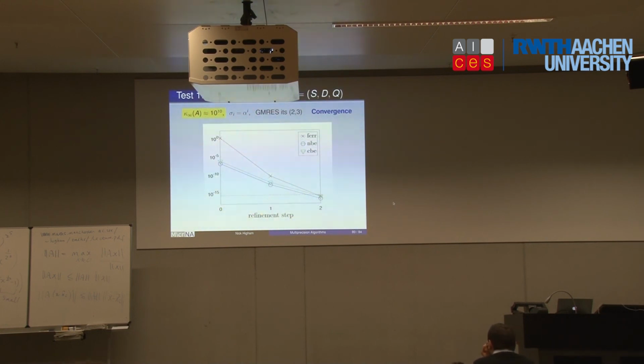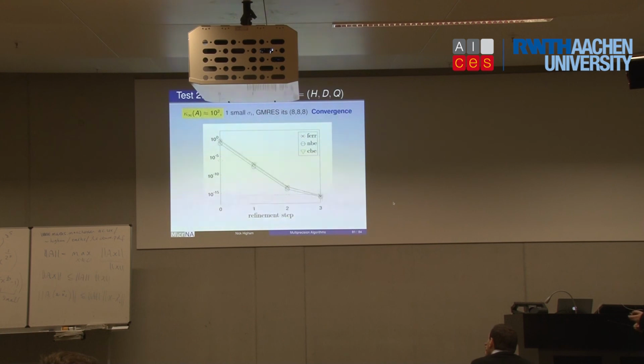Let's turn to the GMRES examples. So this is a case where we're using double precision as the working precision. The matrix is actually pretty ill conditioned for double precision, 10^10. We're factorizing in single, and we get convergence after 2 iterations. Perfect forward and backward errors. How many iterations does GMRES require? Well, 2 on the first step, 3 on the second step. So GMRES converges very quickly in this example. So this is a case where we're definitely getting a big benefit over, say, standard LAPACK, because most of our work is in that single precision factorization here.